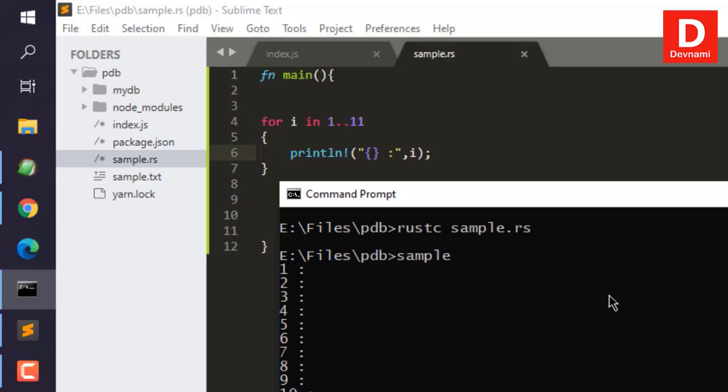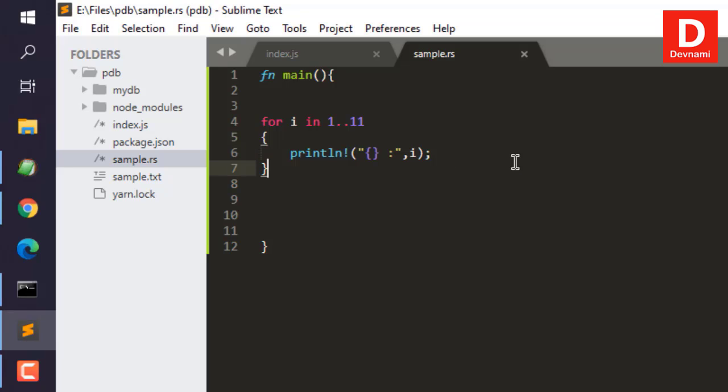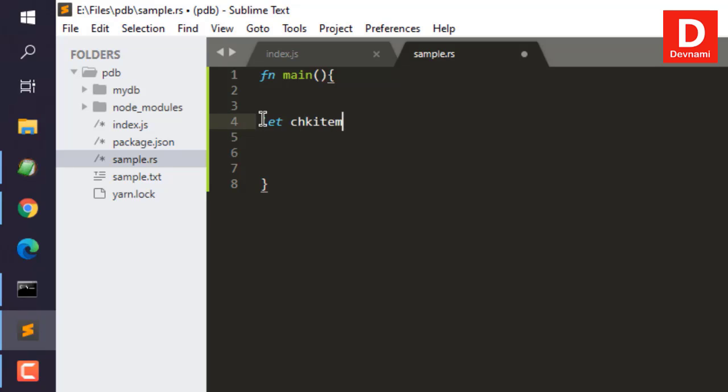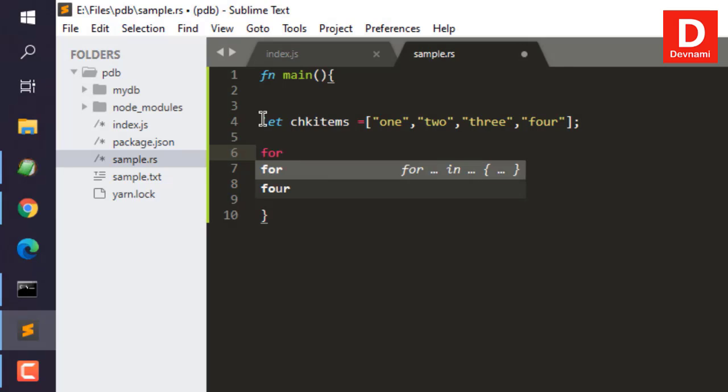Similarly, you can also output items in an array. So to do that, what we'll do is we will first create the array. So let's say check_items is my array, and we will add items in it. So 1, 2, then 3, then 4. Okay, now what we'll do is in the for loop we will use one variable named a for items in check_items